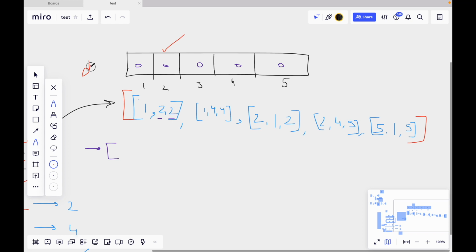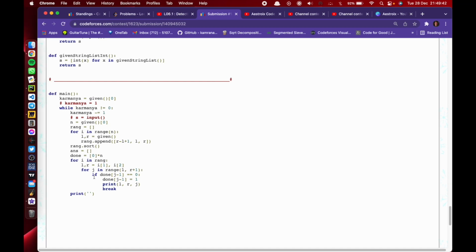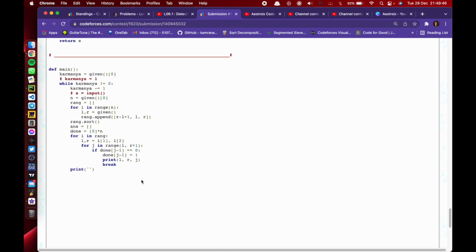This is the done array. We have got the position 2 as empty. We will now change this to 1. That means we have taken this element, and in the answer I will directly print 2 comma 2 comma 2. Did you get it? I'll just directly print it. You can see, if done of j minus 1 is equal to 0, that means that index is empty.